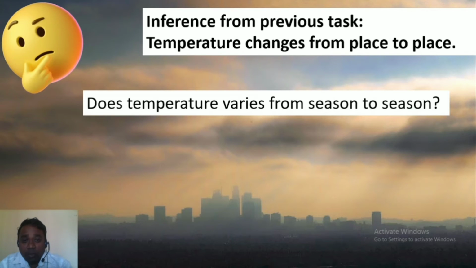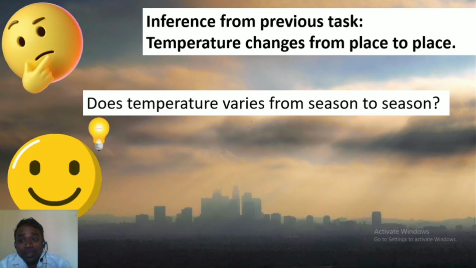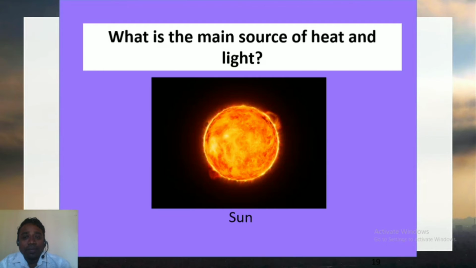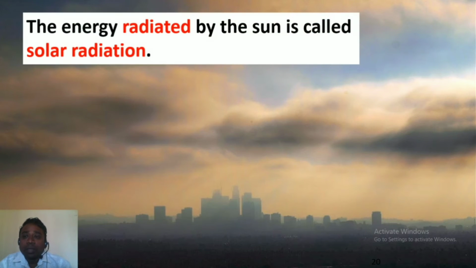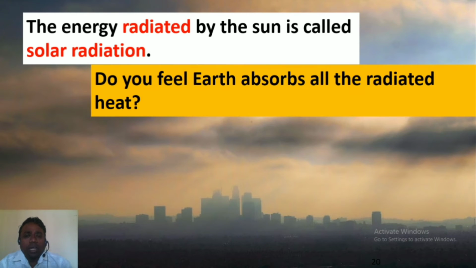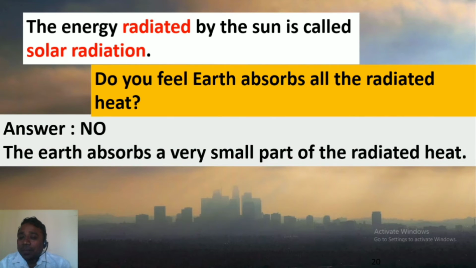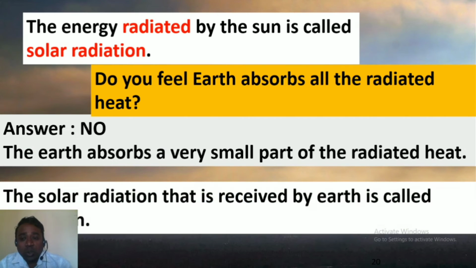Now, does temperature vary from season to season? Yes, it will vary from season to season. Sun is the major source of heat on earth. We receive heat from the sun in the form of solar radiation. Do you feel earth absorbs all the radiated heat? No. Earth absorbs a very small part of radiated heat, and the solar radiation that is received by earth is called